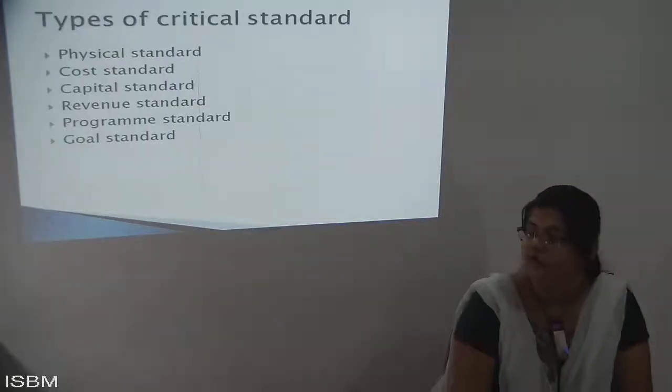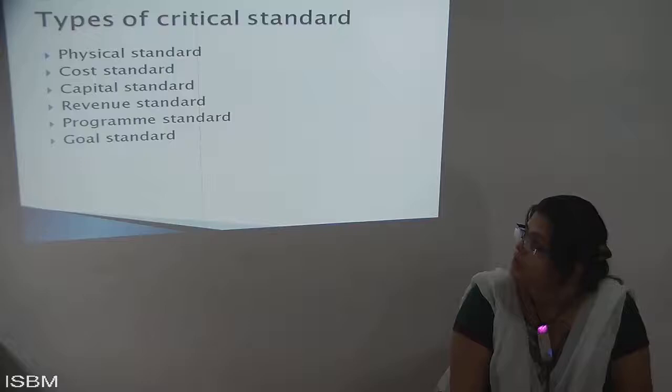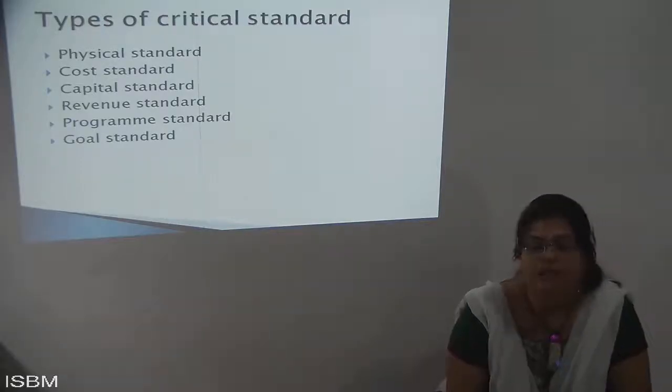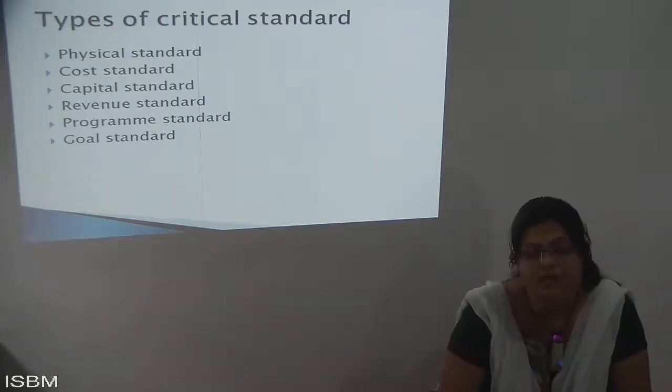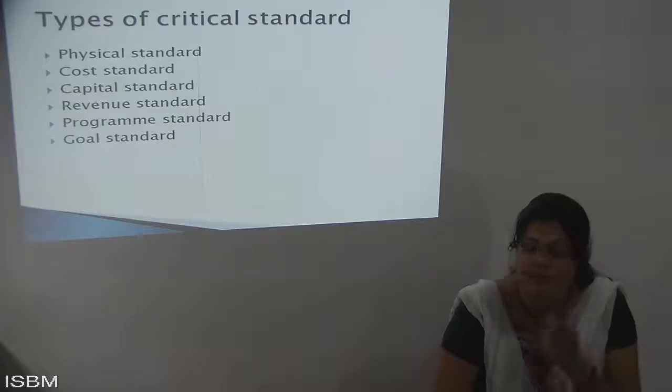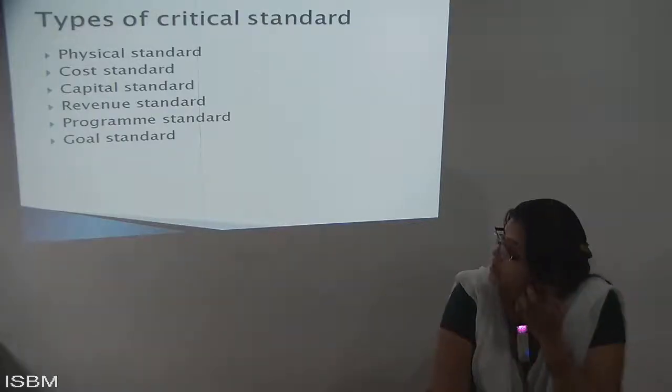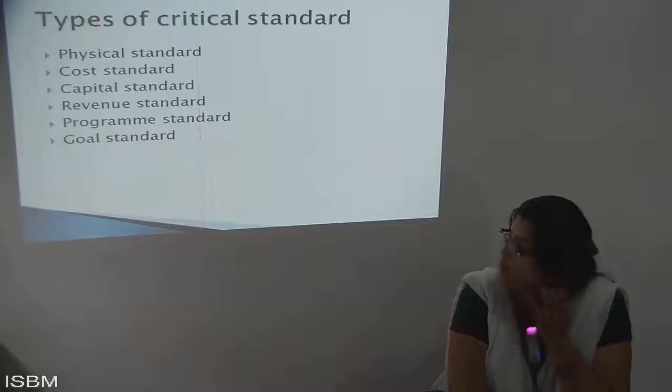Next, it is the types of critical standards. Critical, in the sense it is a standard, a certain way where the performance is evaluated, and with the performance evaluated, you are identifying each and every system in the research or in a certain part of its internal depth. With the help of the internal depth, you are even identifying what the types are, what is being done with the help of the critical standard. First it is the physical standard that is being given to you.